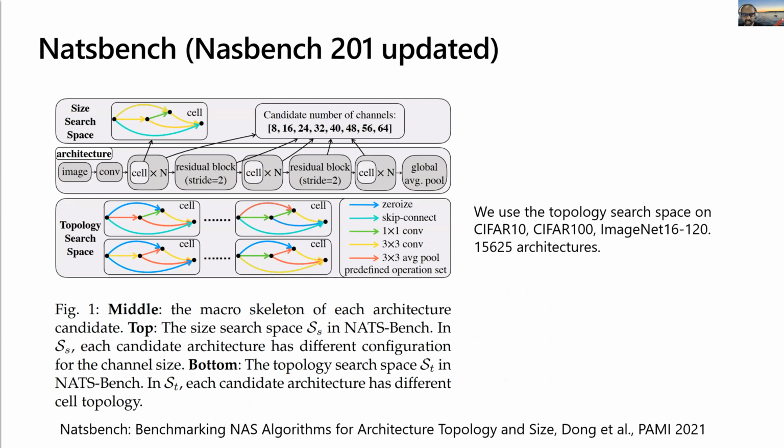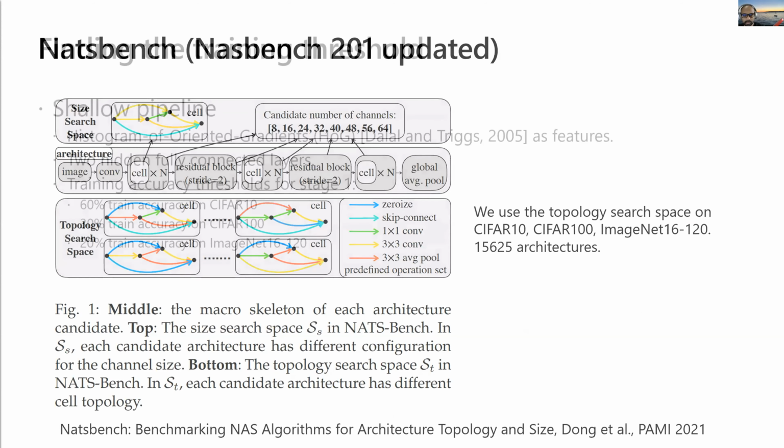So the first detailed analysis I'll show you is on NATS-Bench 201. Just to recall, NATS-Bench 201 has around 15,625 architectures. You can think of it as a reduced DARTS search space, and it looks very much like DARTS, but it has a much smaller number of total architectures and choices. It has 4 nodes, and each node can have, I believe, 5 choices, and that's how you get to 15,625.